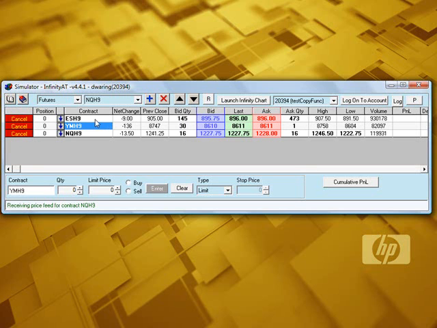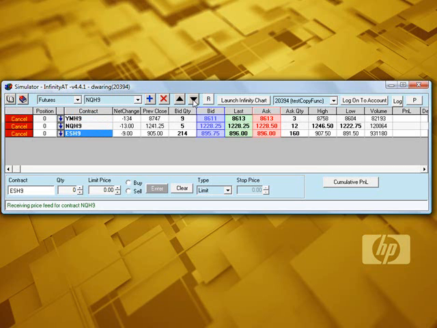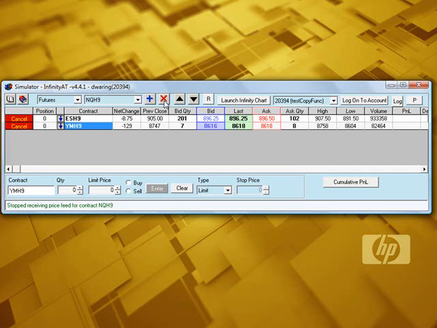So let's say, for example, that I wanted the E-mini S&P 500 contract to be the last contract. I can just do that by highlighting it and then using the down arrow here, or move it back up to the top by using the up arrow. If I want to delete one of these, I can do that by highlighting it and then clicking the red X there. Okay. The R button here is for rollover, and that's something that we're going to cover in later